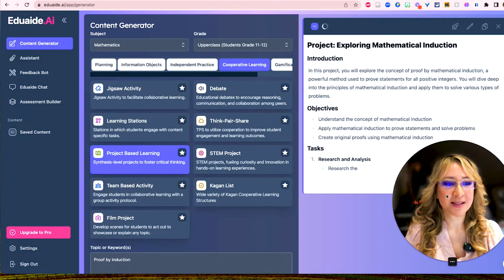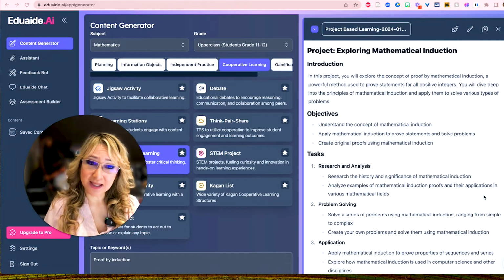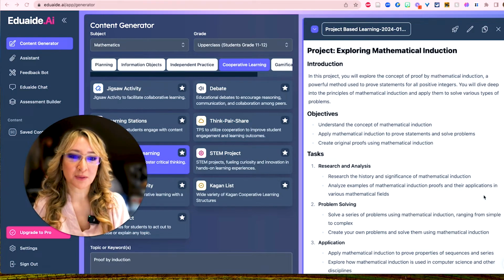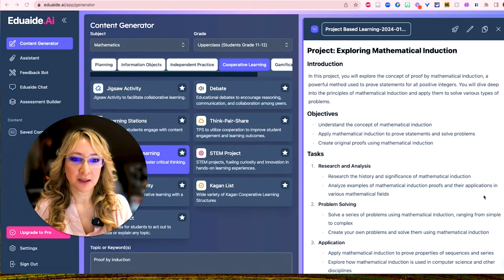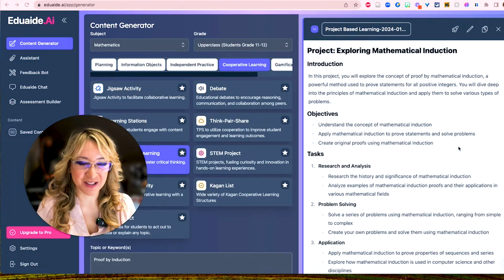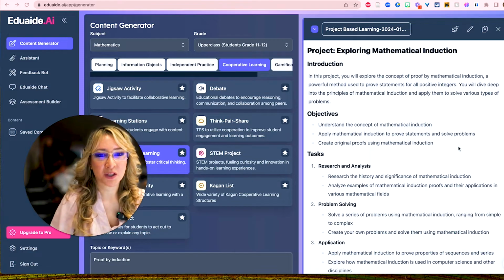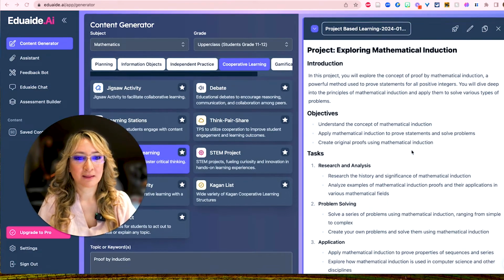And then it appears, and then if I just move myself to the other side, here is the suggestion. So let's have a look at the suggestion because I think it's really important when we're actually inputting into any kind of large language model or generative AI that we actually refine and iterate the response that we get. So let's have a look at this. In this project, you're going to explore the concept of proof by mathematical induction, a powerful method used to prove statements for all positive integers. You will dive deep into the principles of mathematical induction and apply them to solve various types of problems. Okay, so here's the